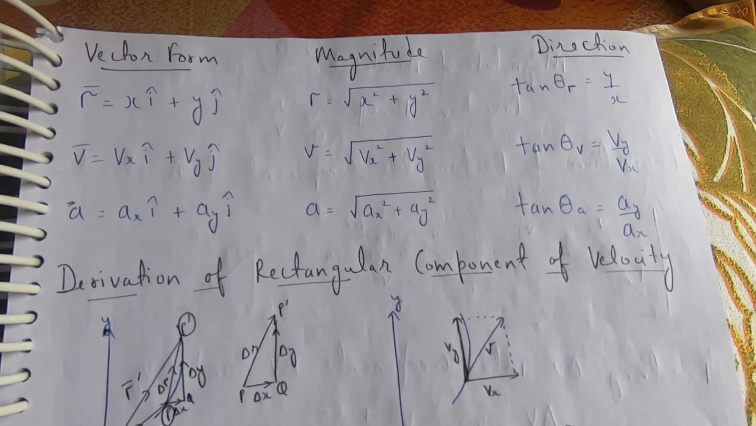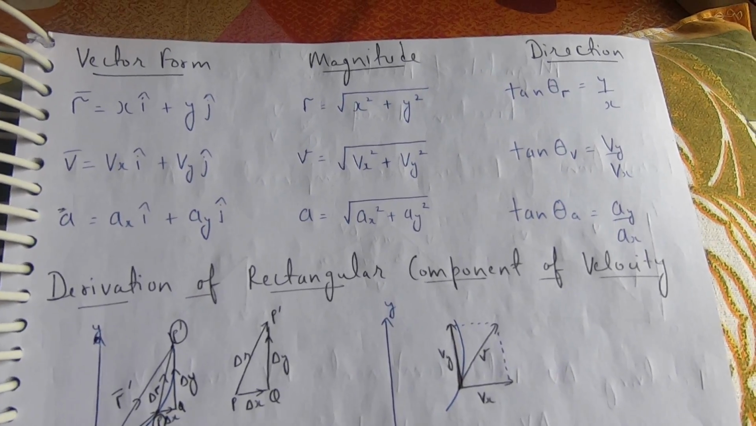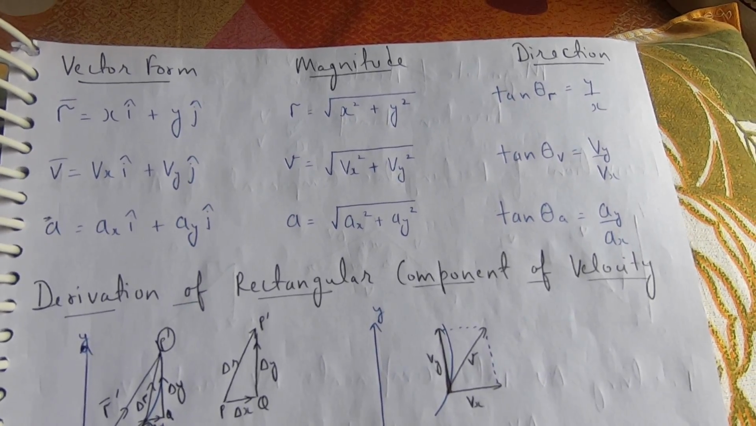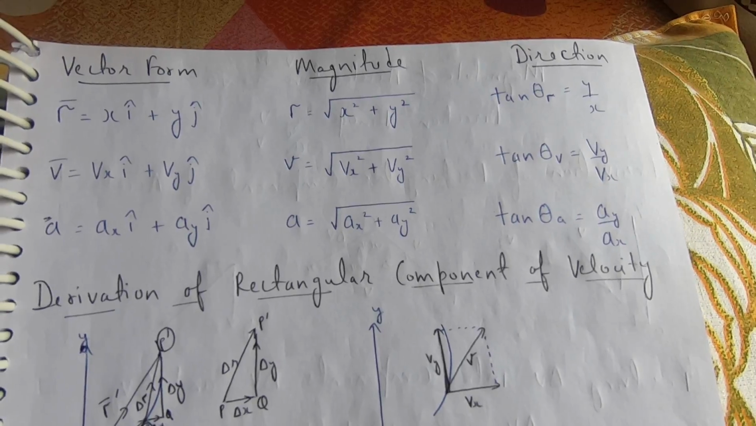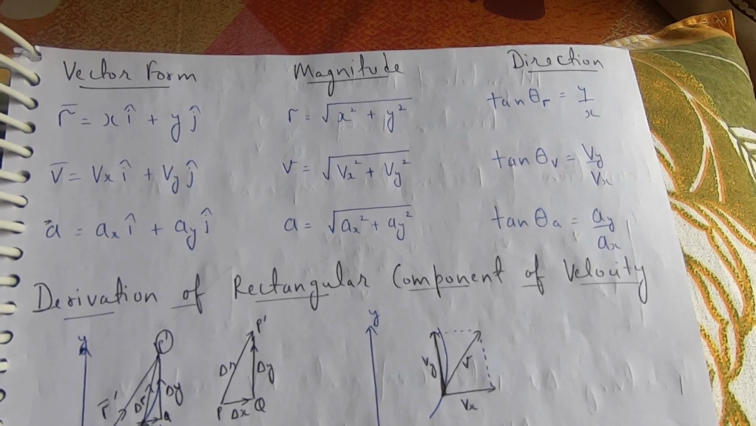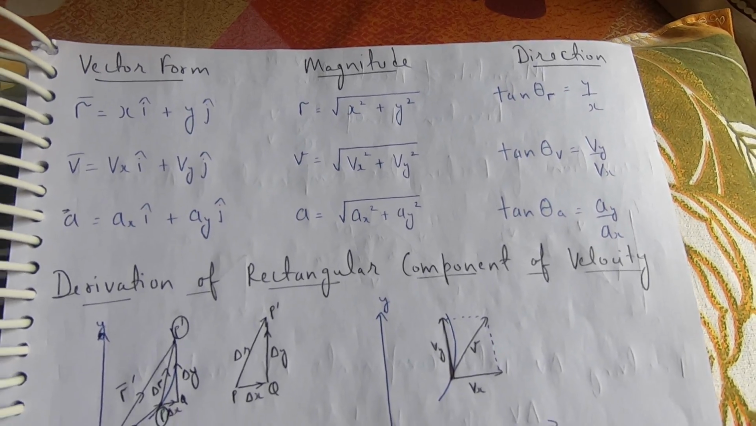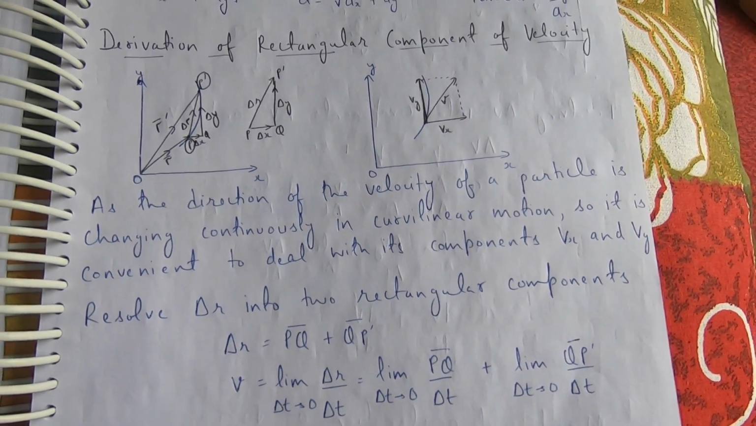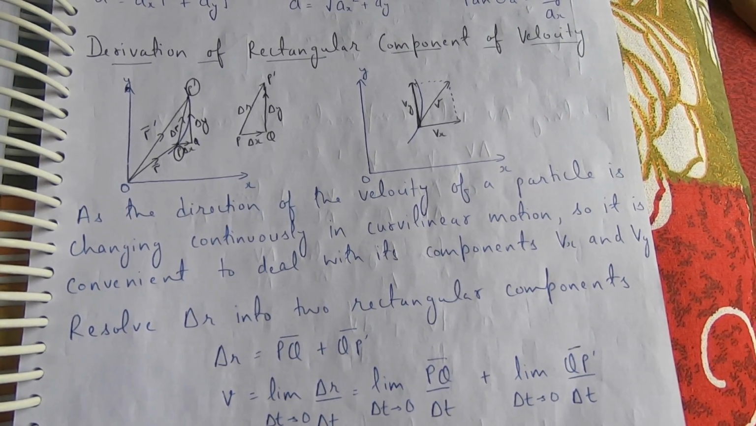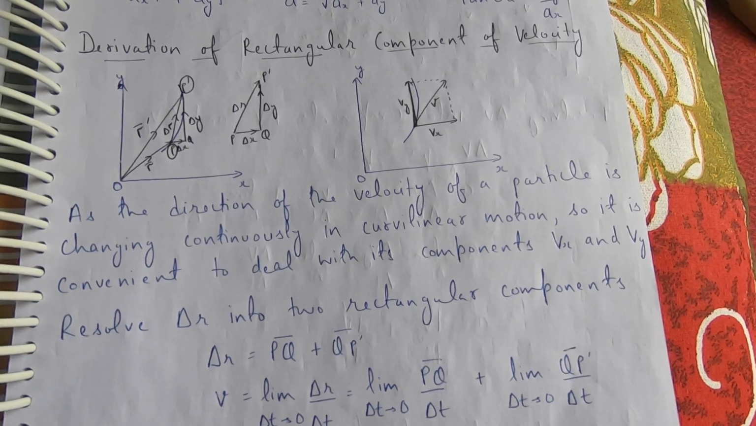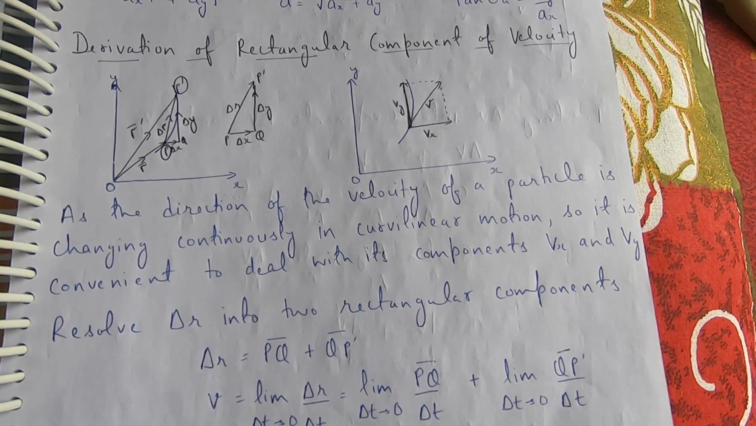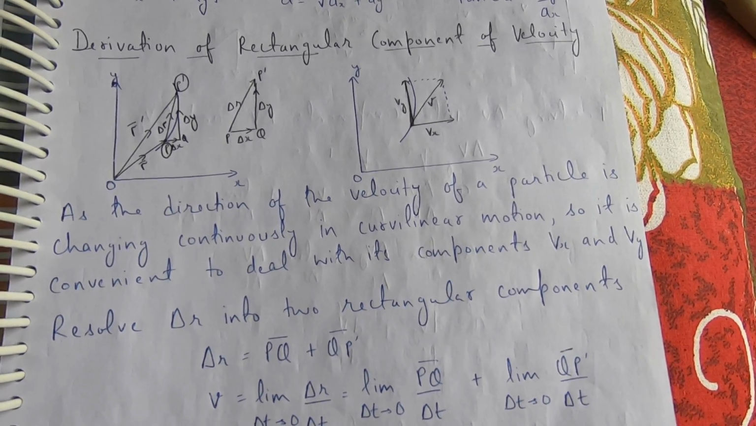Acceleration vector a bar is equal to axi plus ayj. Magnitude is equal to the square root of ax square plus ay square. Direction: tan theta a is equal to ay by ax. Derivation of rectangular components of velocity. As the direction of the velocity of a particle is changing continuously in curvilinear motion, it is convenient to